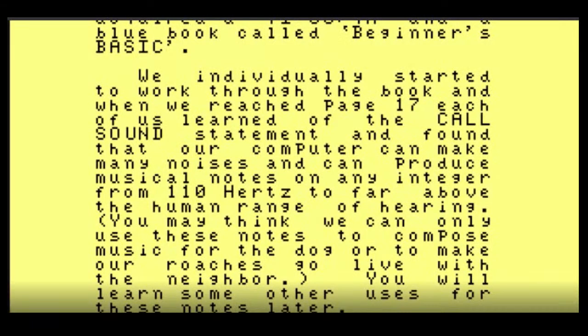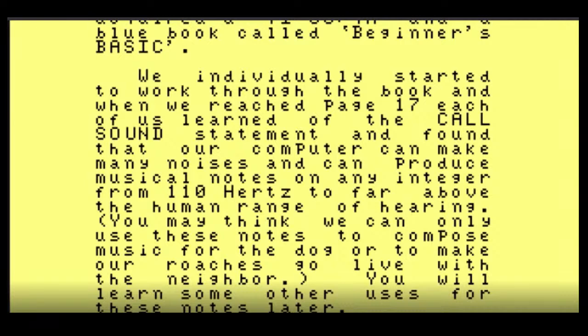We individually started to work through the book, and when we reached page 17, each of us learned of the CALL SOUND statement and found that our computer can make many noises and can produce musical notes on any integer from 110 hertz to far above the human range of hearing.